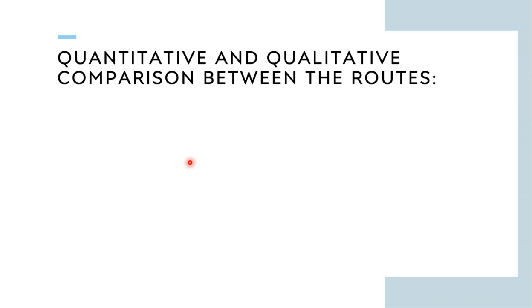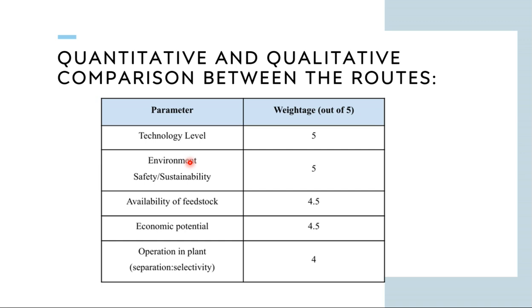It is also important, when you are going to do something, to decide which thing you are going to give preference, because this will help you make clear-cut decisions. What I have decided, you can choose other things. First of all, for the technology I am using, I should have the highest confidence. It should be given preference because it is a time-tested method. So I am giving the highest weightage, which is 5, to the technological level. Environmental safety and sustainability will also get the weightage of 5.